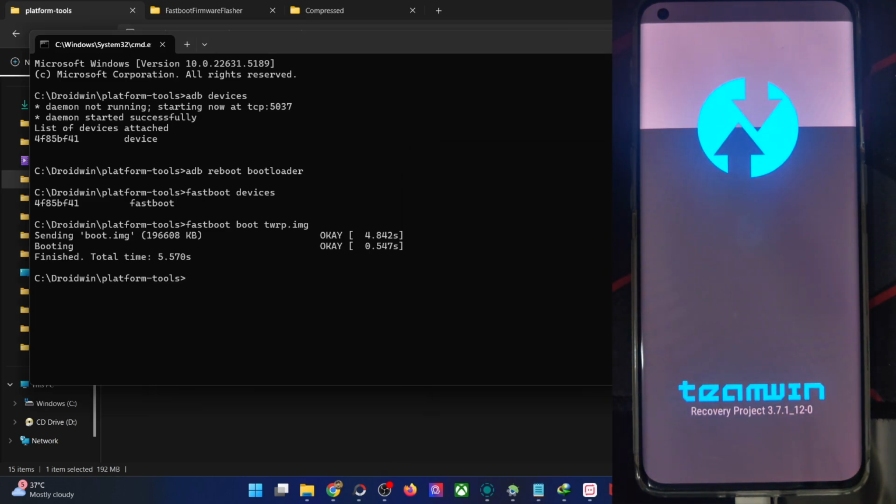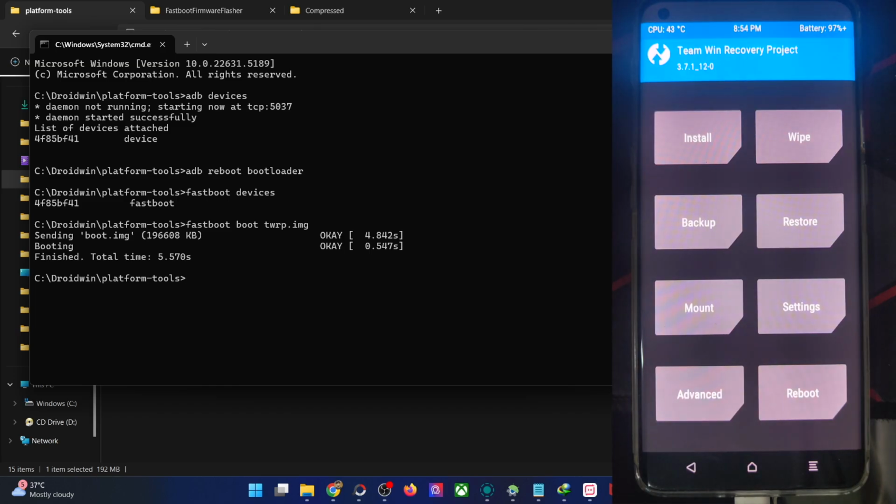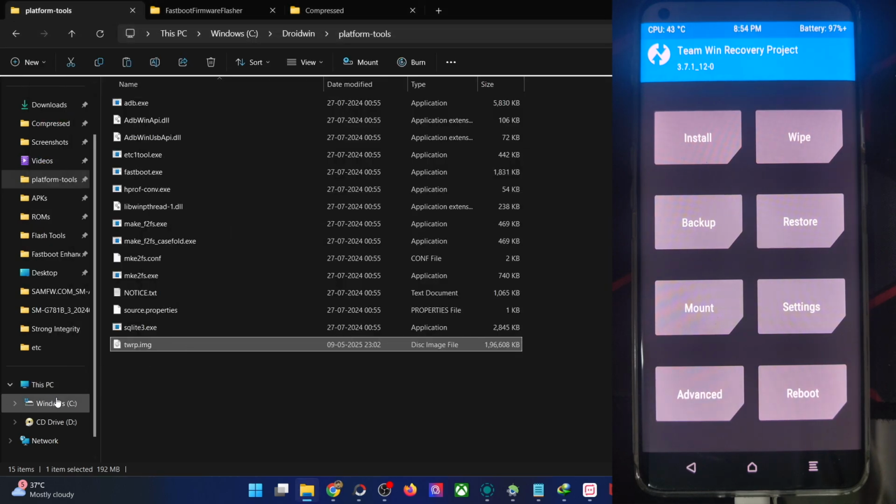But keep in mind that upon the next reboot, the recovery will be gone in my case. But that's not a cause of concern because I only want to use the recovery one time only. So with that said, your phone should now be shown on your PC. If that is not the case, then you may also use the ADB push command to do a file transfer.